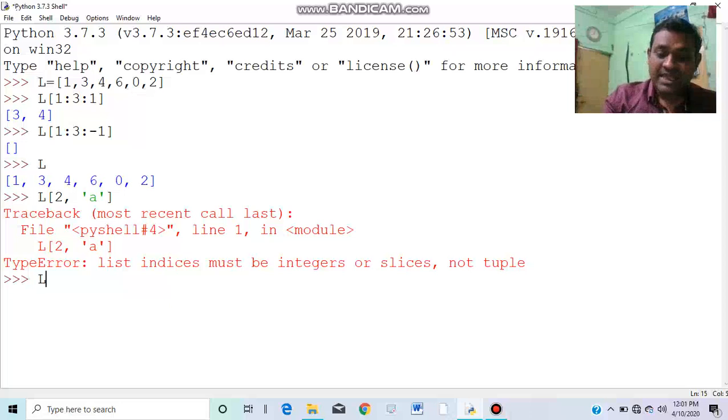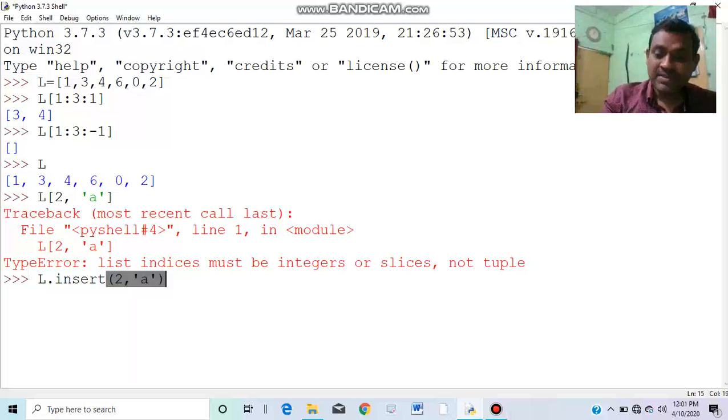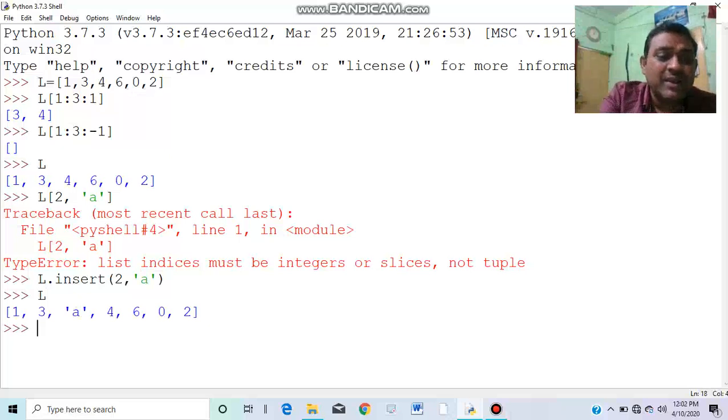Sorry, I have to use the function insert: insert 2 comma single-quoted A. Now look what happened. A is inserted at index 2. So now the list is 1 3 A 4 6 0 2. If we want to insert an element at a particular index, we have to use the insert function.